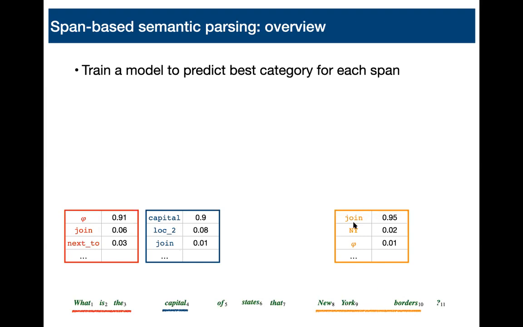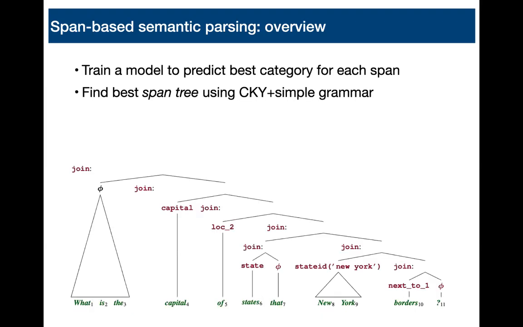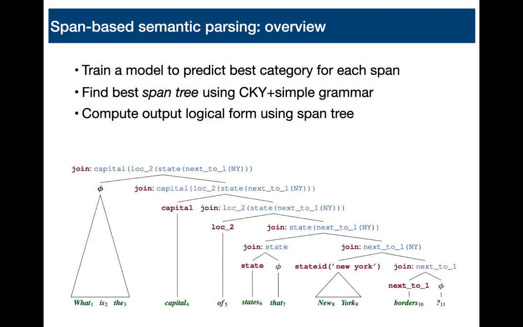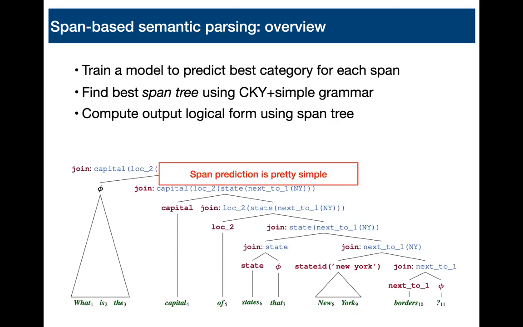Join means this should be a node in the output tree, but the phrase, the span, what is the, should not be mapped to any node. And once we have this set of distributions over a quadratic number of input spans, you can use CKY to find the most probable tree approximately, never mind the details, and compute the final logical form. And the point is that we're quite good now at NLP in span prediction. There are very good models for span prediction. So all the parameters are in span prediction, and it's very, very simple.